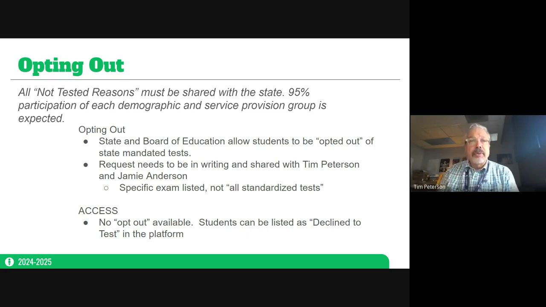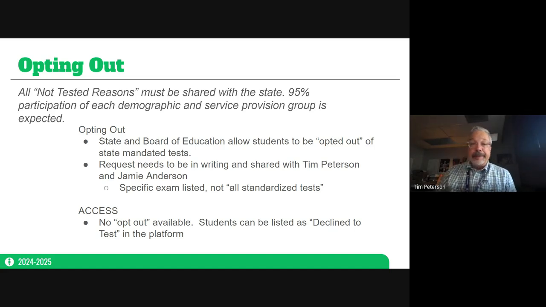So for students in access, there's a declined to test listed in the platform. When you get a note or a family pushes back hard on the access testing, send that to us and we will put that into the platform as the declined to test.